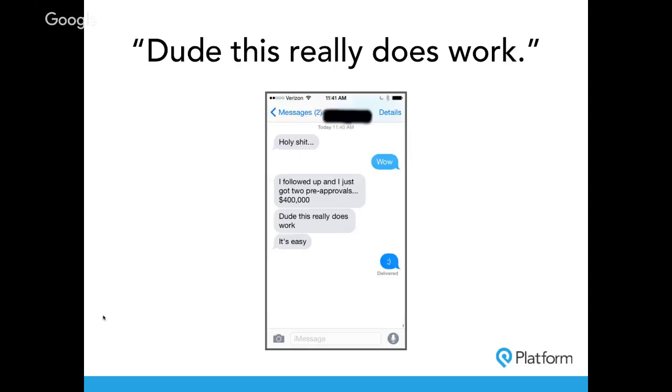So I wanted to show you this text because they converted some leads from platform, and that's cool. But the real reason this screenshot of this text is cool to me is that this kid is 19 years old. He's a realtor in Wisconsin, 19 years old. So he basically just graduated high school, right? If he can implement this high-hanging fruit idea and take action on his business when he's basically a college-age kid, his name's Keaton, he's in Wisconsin, if he can do it, you can too, right?